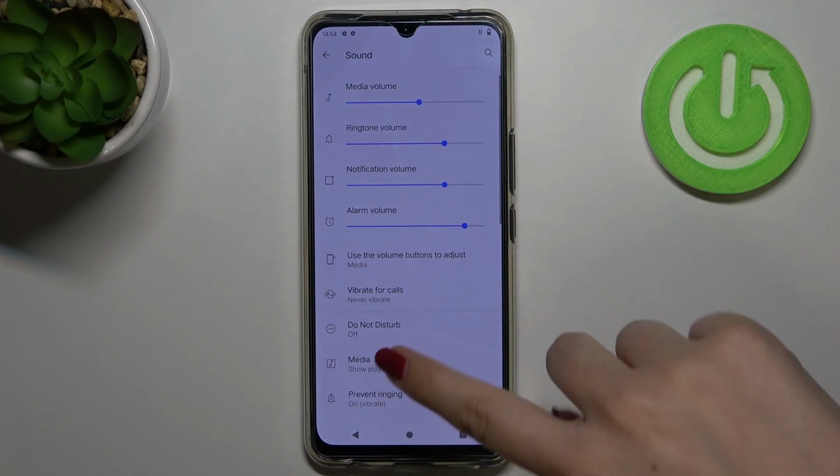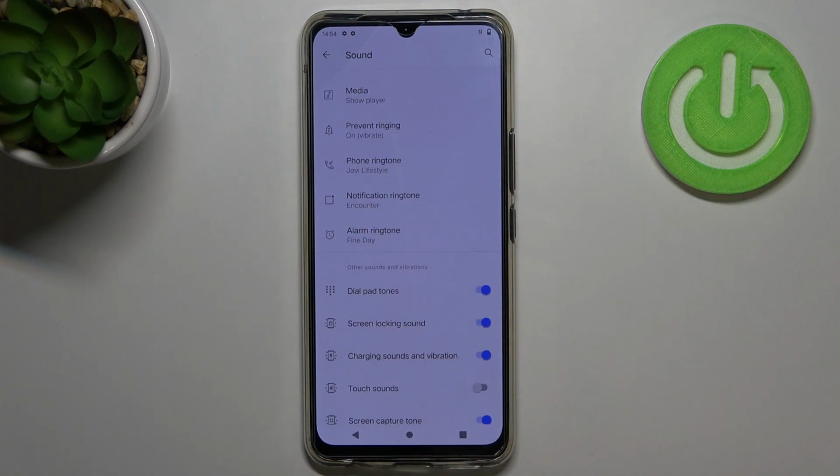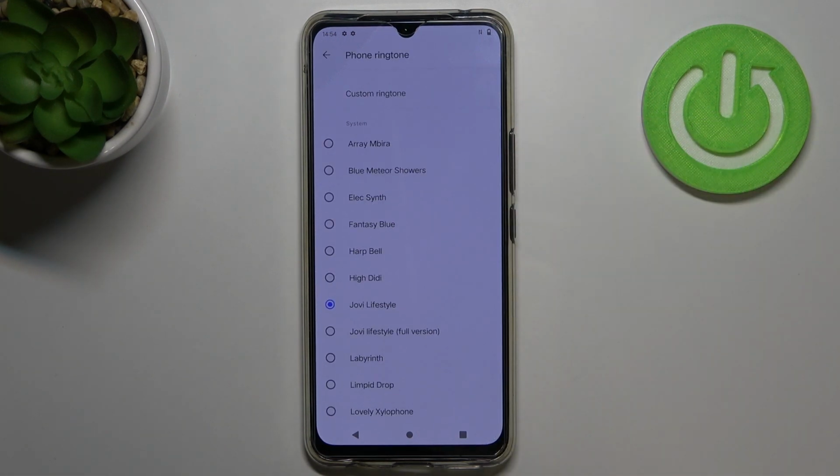Let's tap on it. Now let's scroll down a little bit and as you can see here we've got whole ringtone section. We can change the ringtone for calls and this is the phone ringtone option, but also for the notifications and alarms. I will show you how to do it using phone ringtone, so let me tap on it